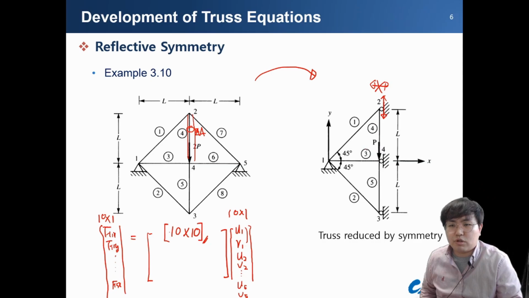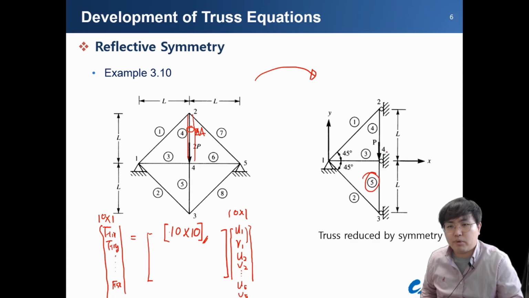Due to this external force, the second, third and fourth nodes will be deformed in the y direction only, and we can easily expect the result to be exactly the same. And here we have 5 elements